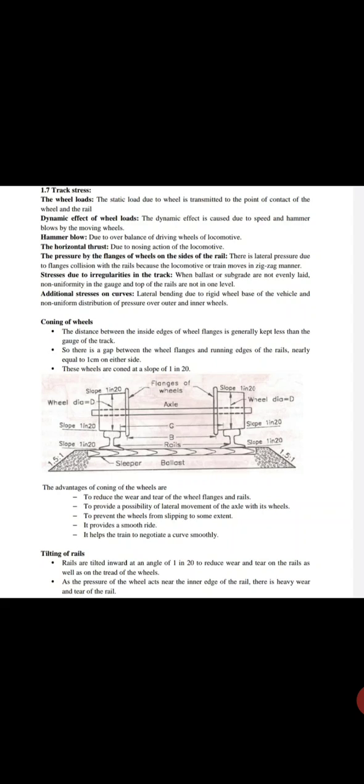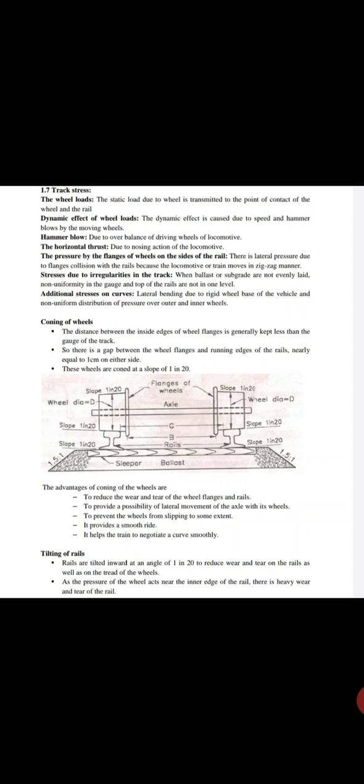Hammer blow due to the overall balance of the driving wheel of the locomotive. The horizontal thrust due to the nosing actions of the locomotive. The pressure by the flanges of the wheel on the sides of the rail. There is a lateral pressure due to the flange collision with the rail because the locomotive or train moves in